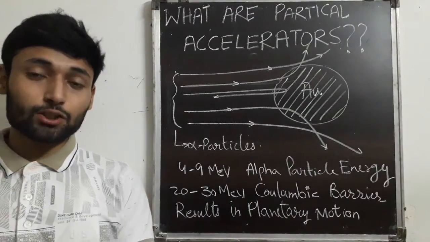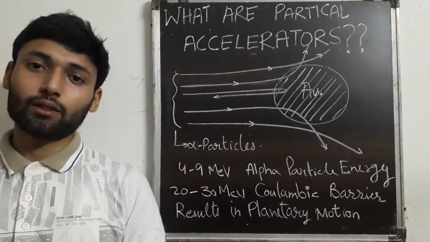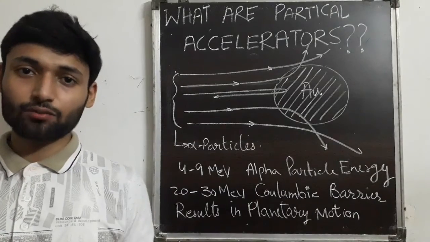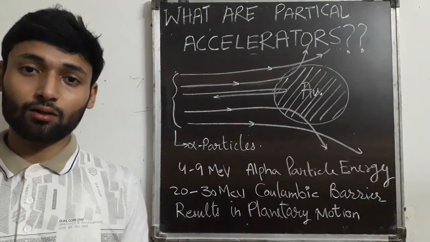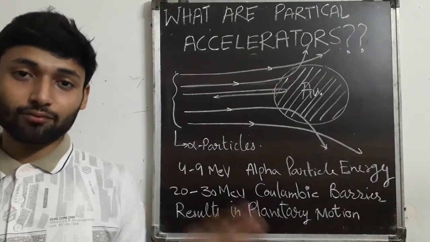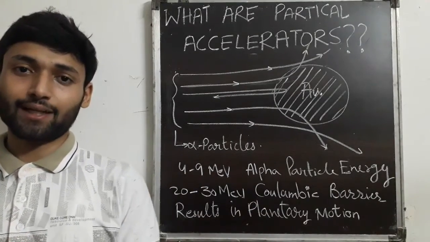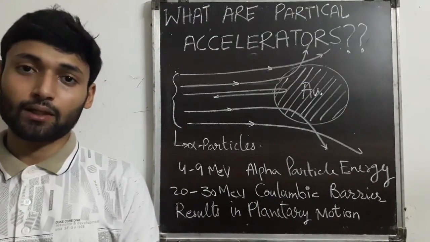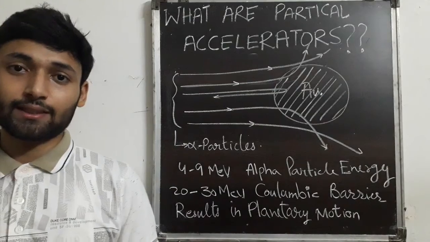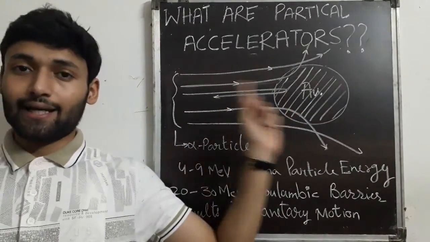In today's video, we will discuss particle accelerators. Till now, I suppose you know about the nuclear radius, that is the size of the nucleus, and the constituents of the nucleus, that it is made of proton and neutron. The existence of the neutron. A good question you might ask is how all these observables are observed. Now the answer to this question is via the particle accelerator.